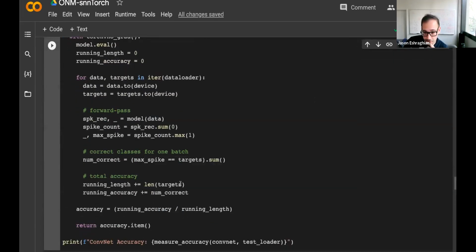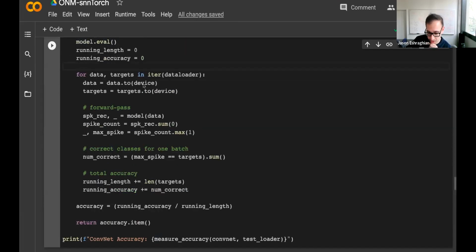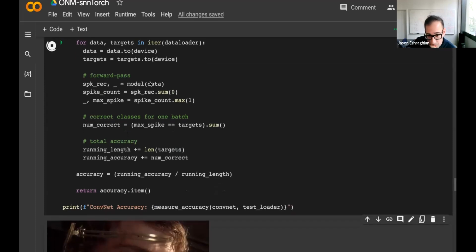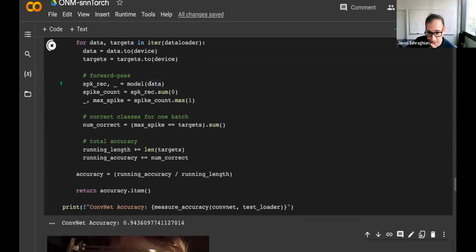We're just passing our test set and our convolutional SNN into this measure accuracy function, doing the exact same stuff as before. And okay, 94%. So you run it for a bit longer, sweep a little bit more, and we should get some results that we're happy with.